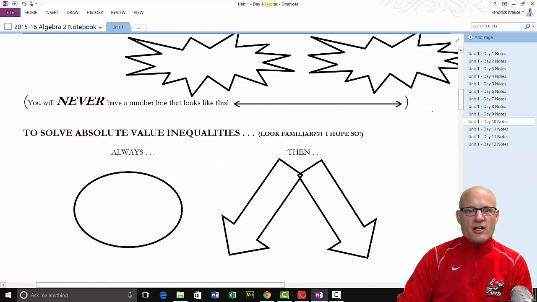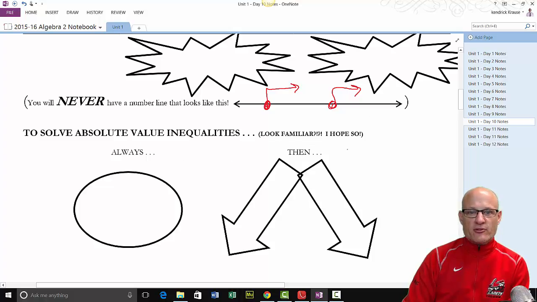Moving on. You'll never have an equation that looks like this. Yeah, you'll never have one like, I just want to make sure you understand it. You're never going to have something that looks like this. Never, ever, ever will you have things pointing like that in two directions. It just doesn't work that way. So to solve absolute value functions, we are going to